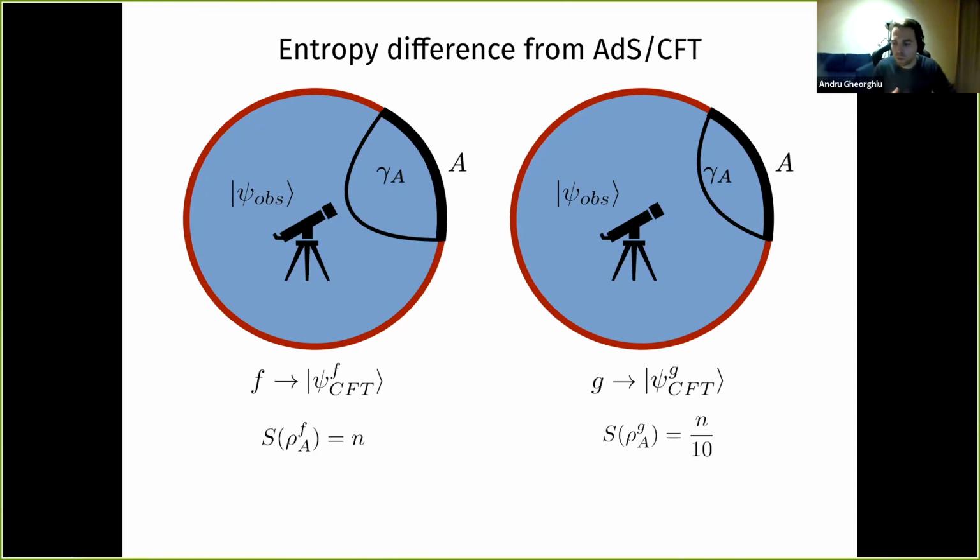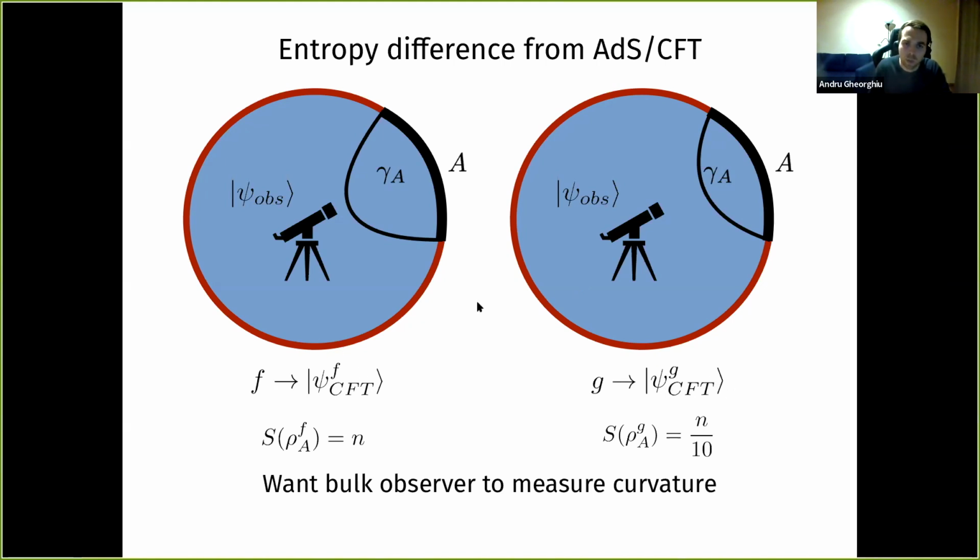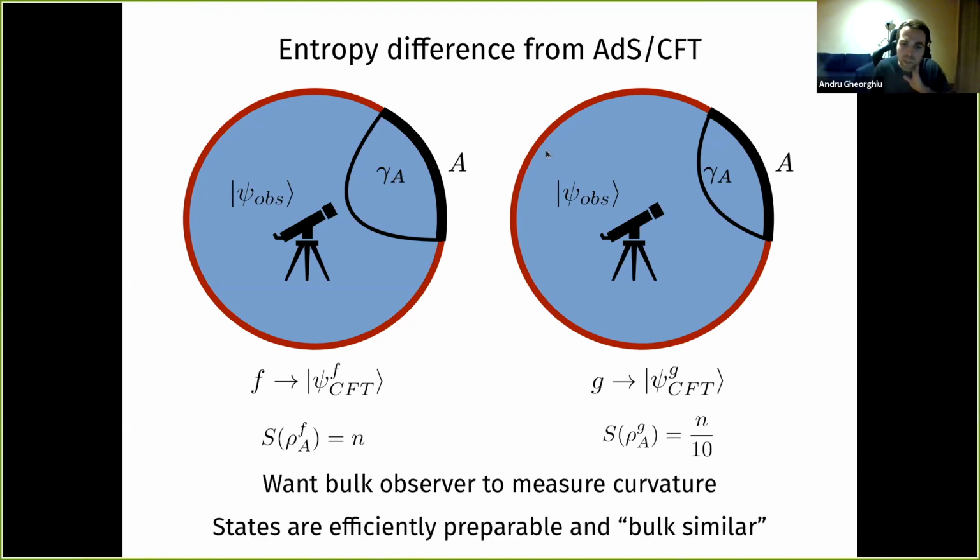So again, if you want to take the entropy ratio version, you could say that maybe this state has n bits of entropy, this one has n over 10. And this also relates to the areas of these surfaces in the same way. So what we'd like to do now is suppose that we actually prepare one of these states on a quantum computer. We'd like to simulate the evolution of the bulk observer so that it measures the curvature inside its spacetime and is able to somehow tell us whether it's high curvature or low curvature. So which one of these two situations is that observer in?